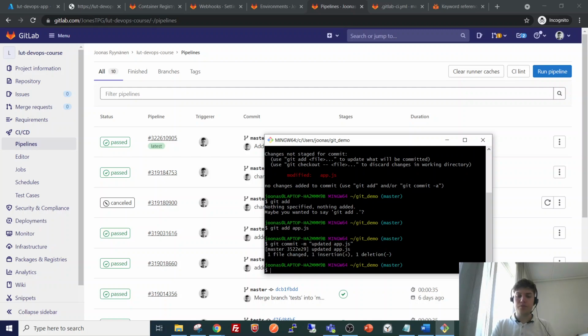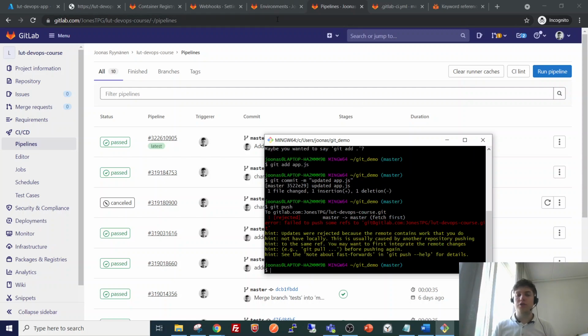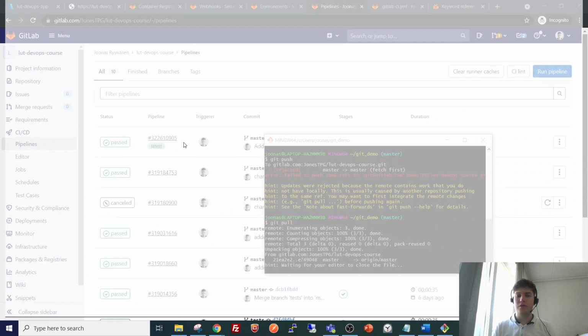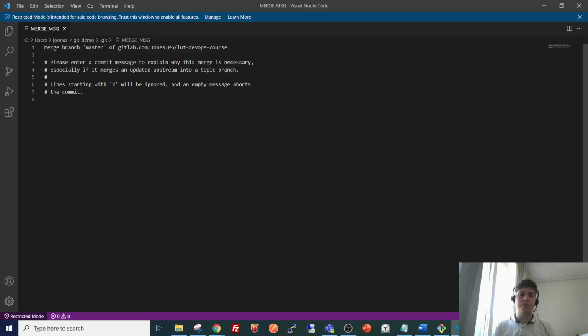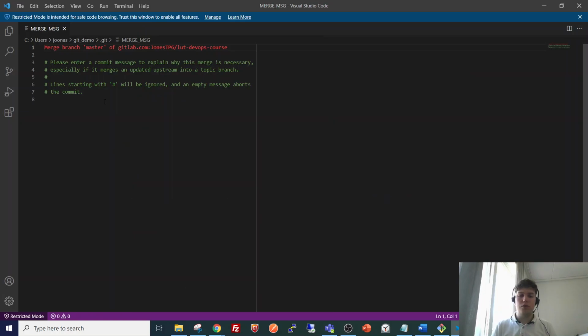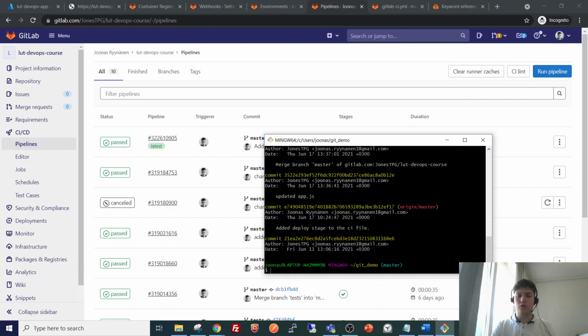So now when I push the change to the remote branch, this will simulate a situation where we need to first pull the change we made, since we updated the CI file from the graphical user interface.